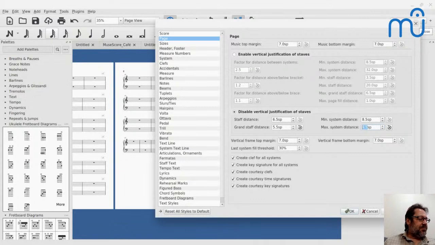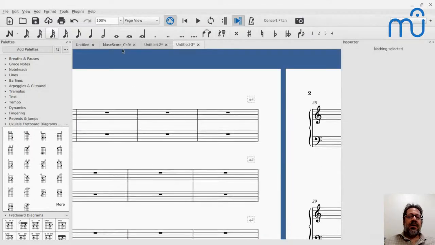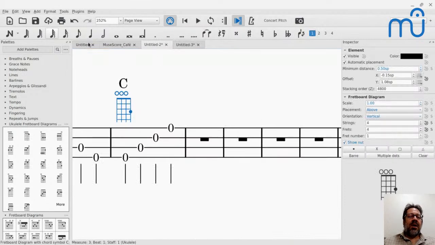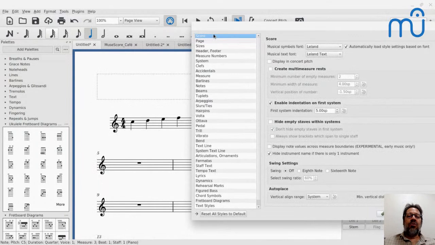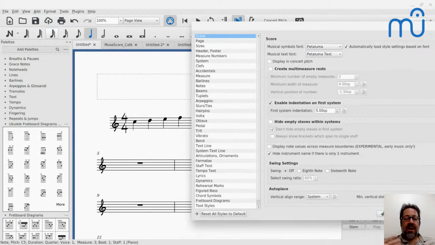So your notes, like, well, let me just enter some notes into this score that you see in the score section of the style dialog. And then there's Petaluma, which is another handwritten font that was just developed more recently and just incorporated into MuseScore 3.6. But, so as far as the note,